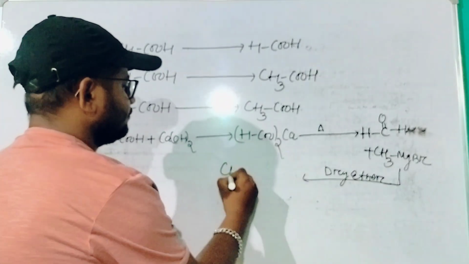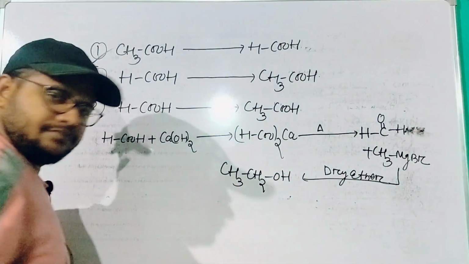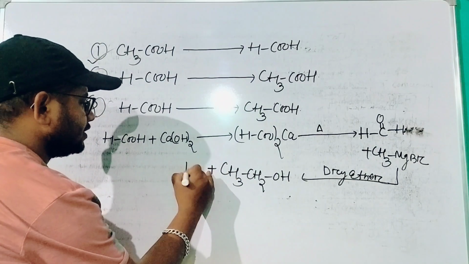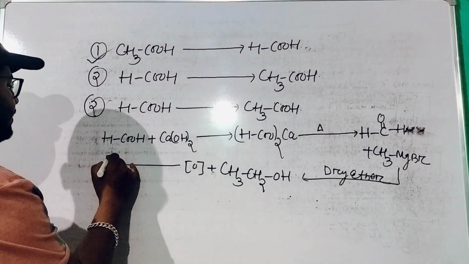We get ethyl alcohol, and ethyl alcohol can be converted into acetic acid by the oxidation with acidified